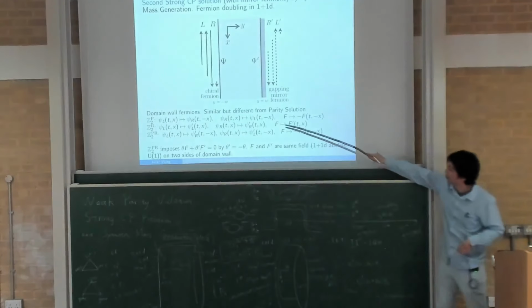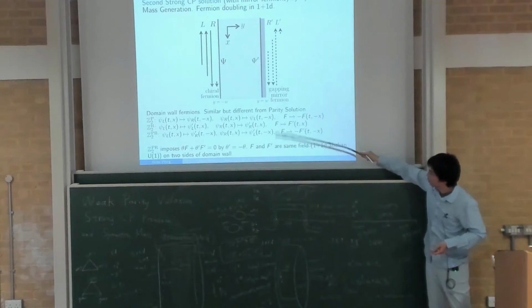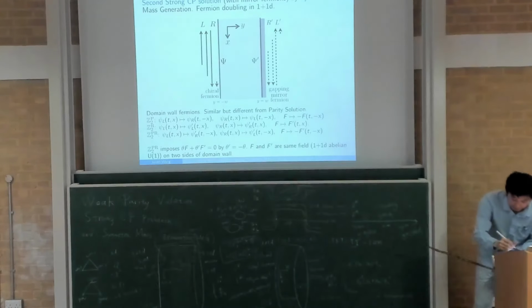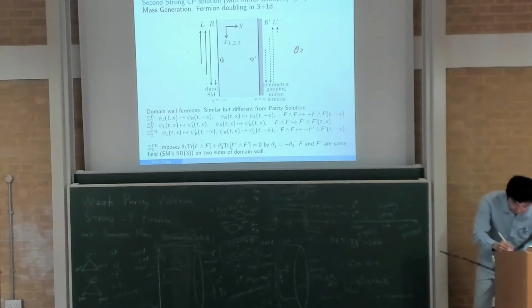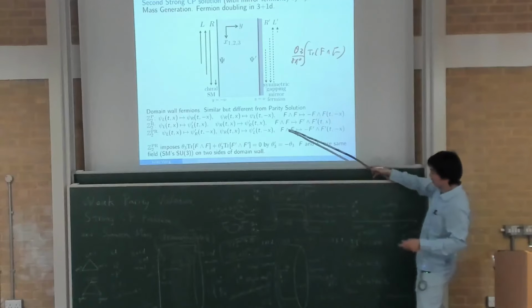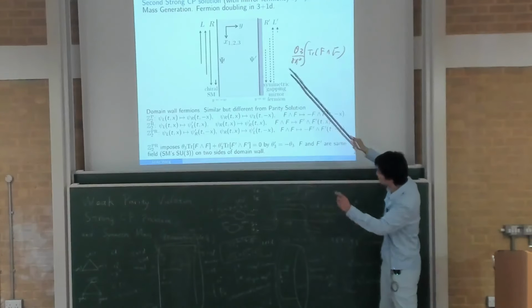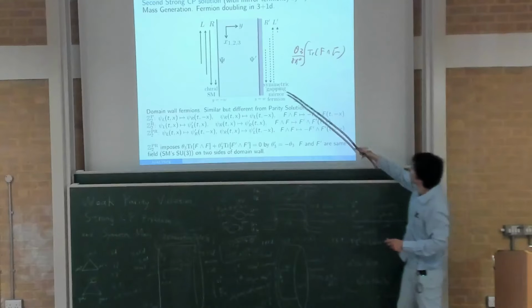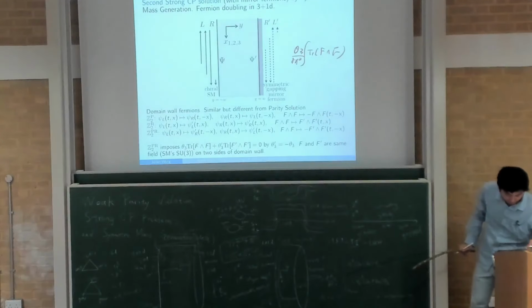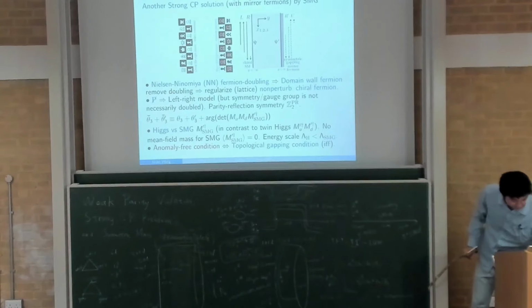And I did mention the 1+1D model. Like 3450, there is an analogous theta term, which one can write down as theta over 2 pi for the U(1) gauge field strength F. But in 3+1D it is theta for the SU(3) trace F wedge F. The argument will be similar, but I guess more complicated, and also the dynamics is not so clear for sure. But I think the physical principle of this idea is what I want to demonstrate to you. The idea is similar for 1+1 and 3+1. Okay, so I guess I'm pretty much done.